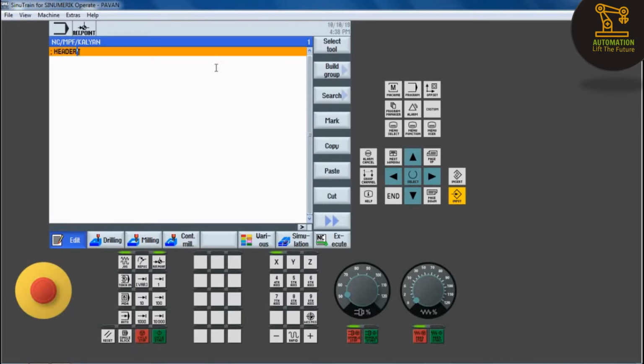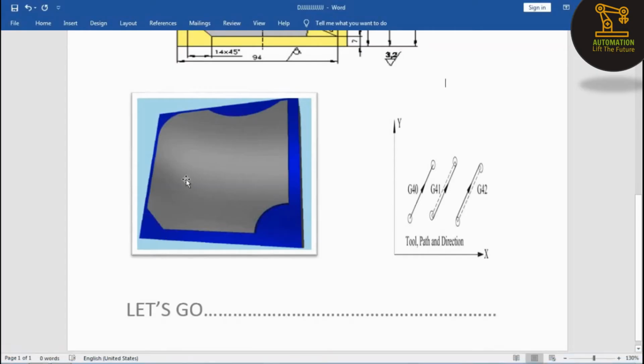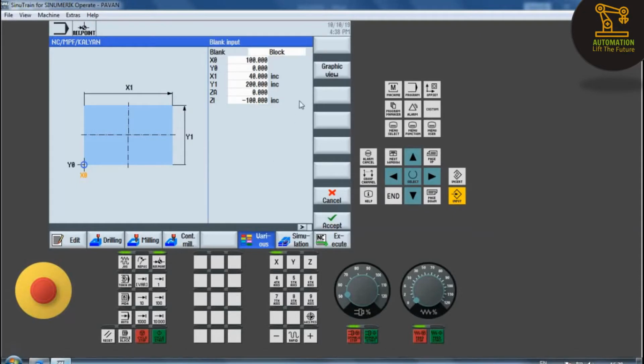Before starting the program we have to mention the header, with semicolons before it, and we set the blank. To give the blank input, check the dimensions. Here the total blank dimension from the reference point to this position is 94 plus 6, total 100, and in the Y direction this is also 100.